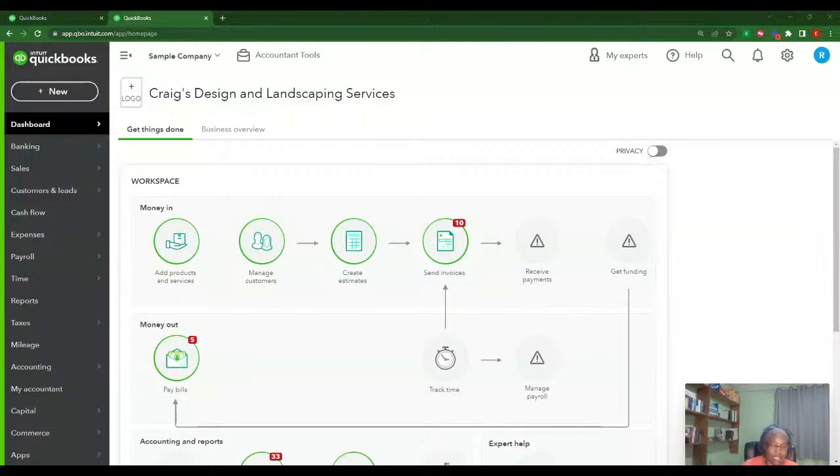They have all the different boxes. Now, to make it easy so that you can just go in and